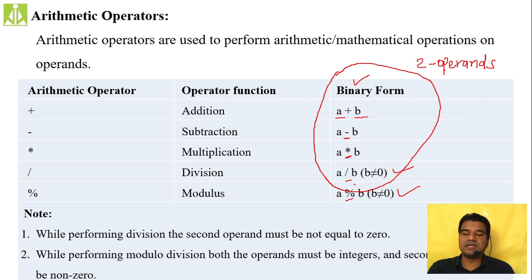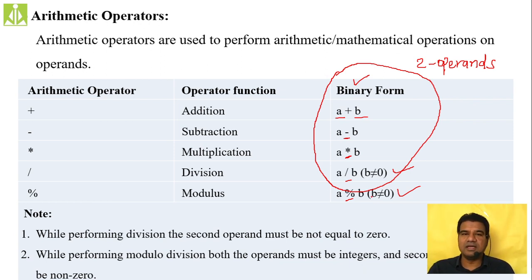If you make the divisor 0, the value will go to infinity and your program will crash. The same applies to modular division, where we have two conditions. The first condition is that neither of the two, neither the dividend nor the divisor, should be a real number. Real number in the sense of a whole number along with a fraction part. If it is a real number, you will not get the remainder, or you will not get the accurate value.